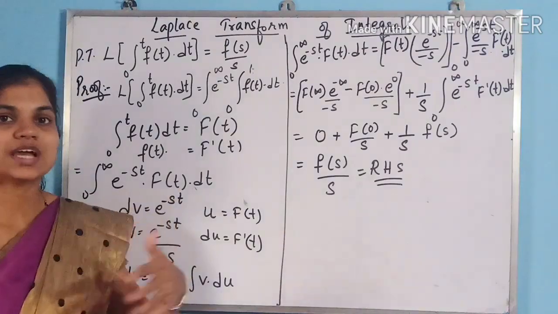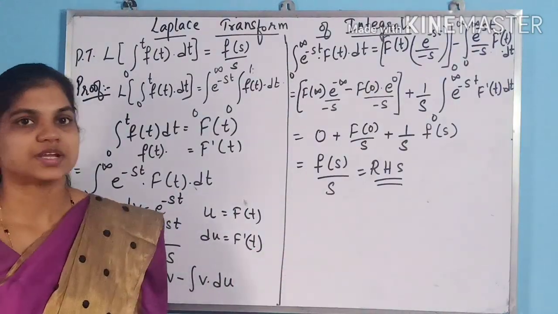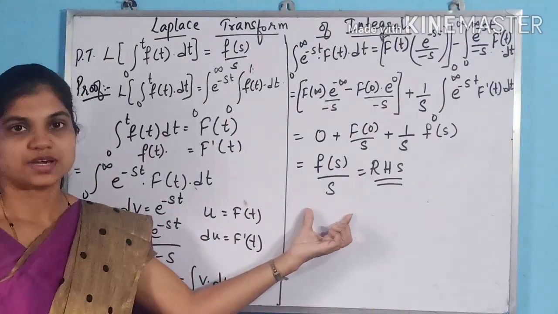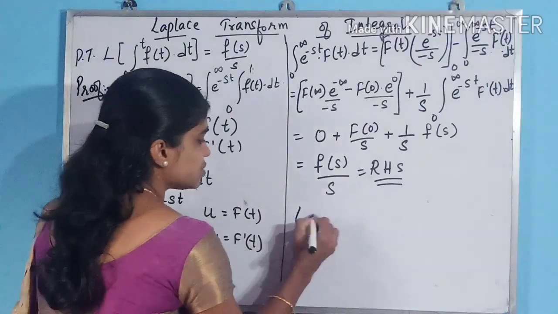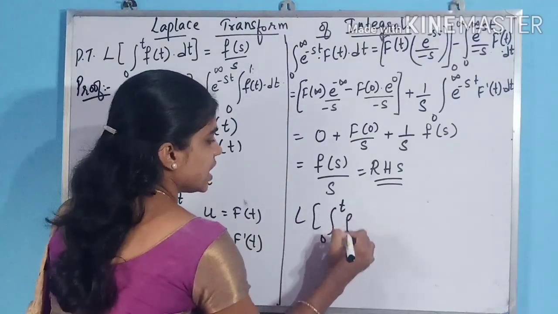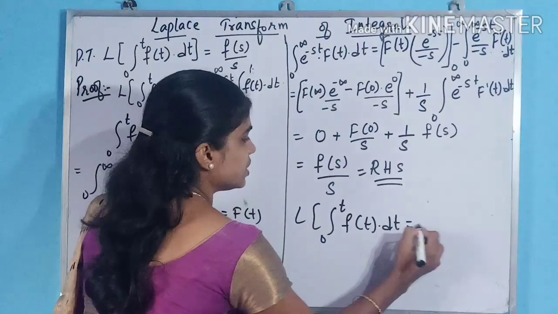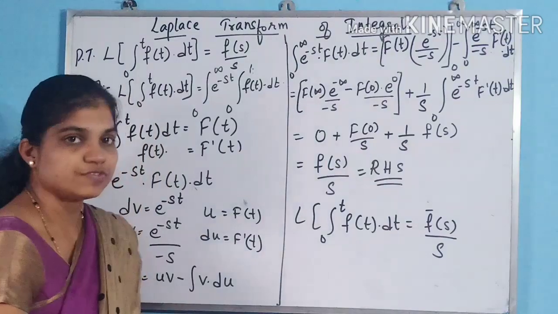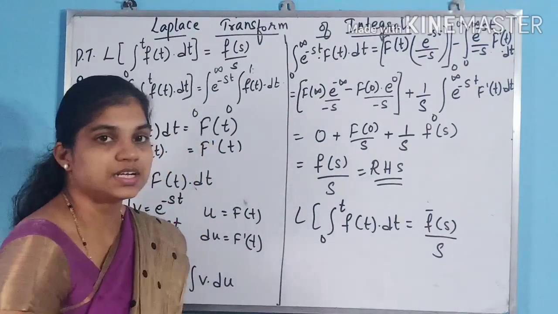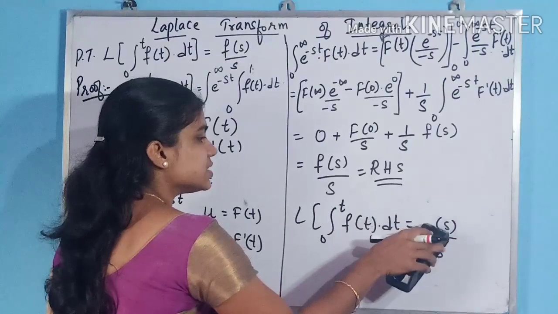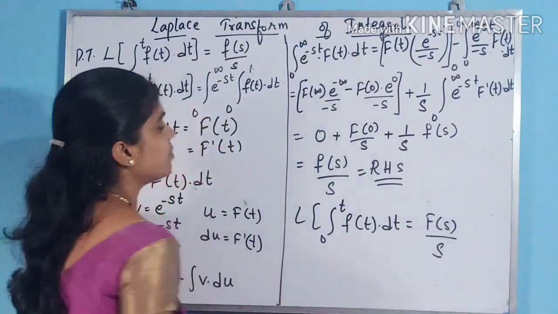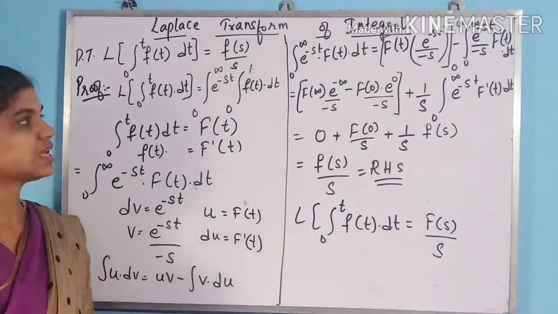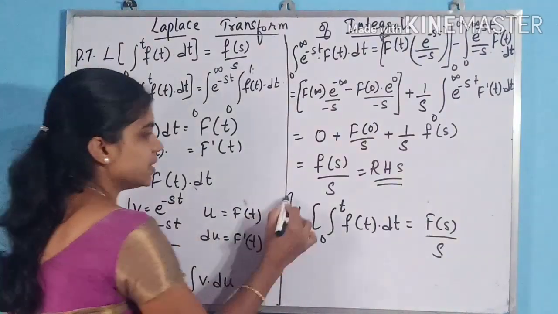Now here we don't have the nth integral, so we are not going to find out any general value for this like we found out for the derivative part. So this is going to be our final answer, that is Laplace transform of 0 to t f of t dt is equal to F of s upon s. You can just write f bar of s if you are getting confused, because we have defined it as f bar of s before, or you can just write this as capital F of s upon s. Right? So this is the Laplace transform of integral formula.